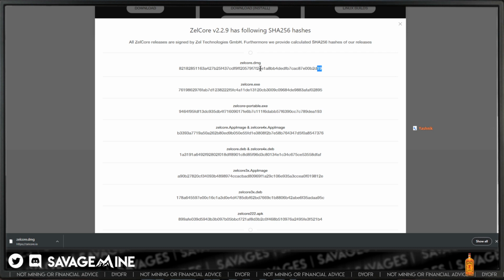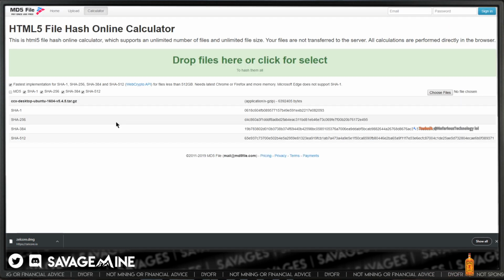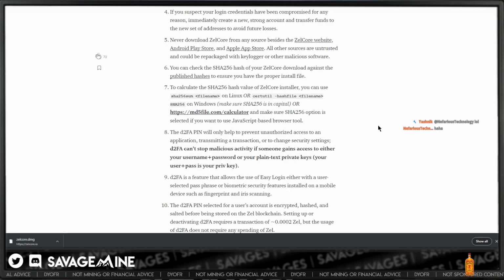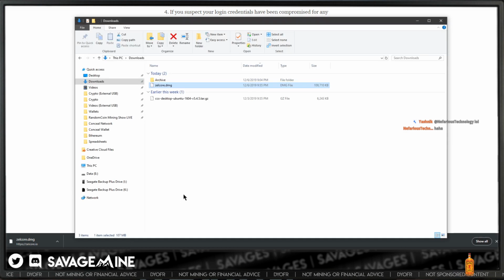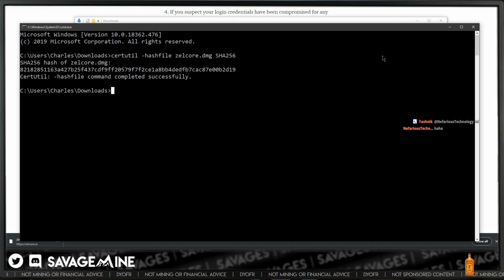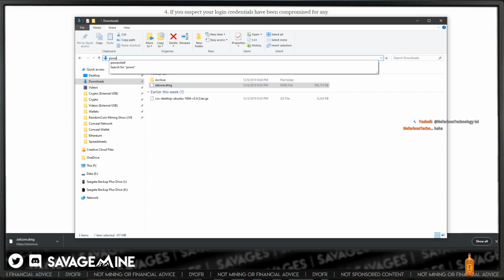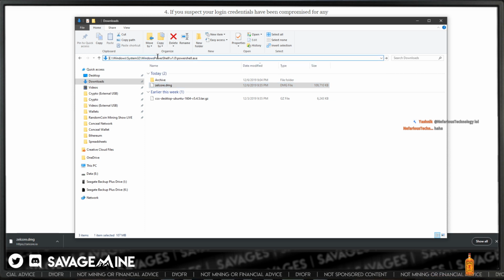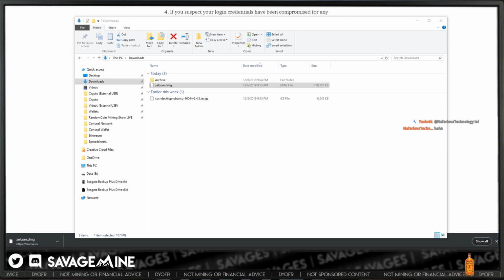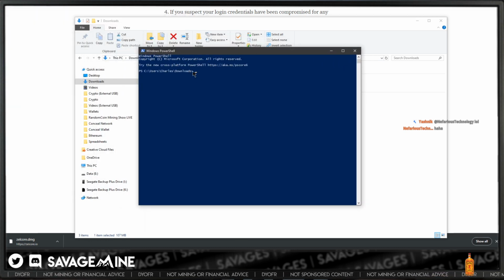Or, I mean, we can't really use a comparison website like this because I can't really copy it from that command window, right? So there's another way to do it. So instead of doing it through command prompt like this, close that, we'll go through PowerShell. So we go PowerShell, enter, it will launch PowerShell in that location, which is the downloads folder.